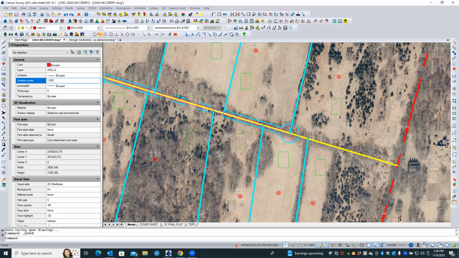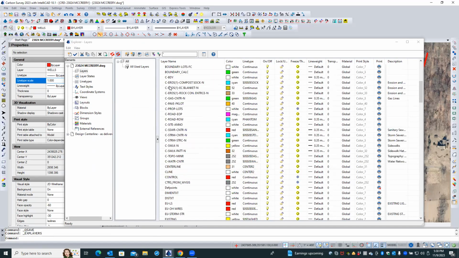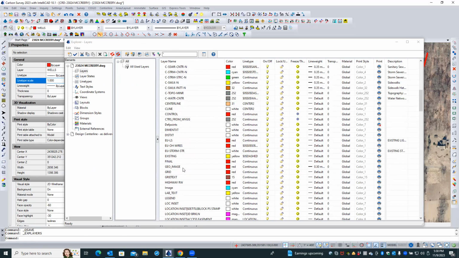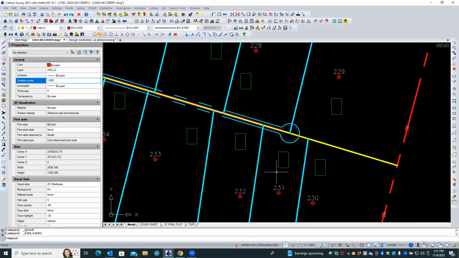Okay, so now, let me turn off the geo image, make it easier to see. All right. Okay, now,